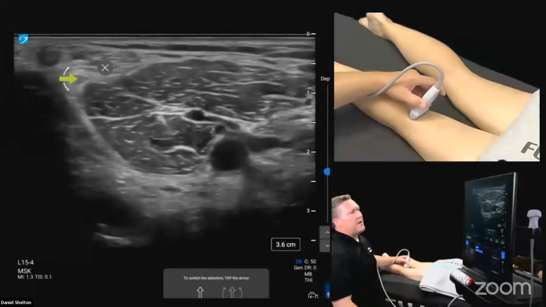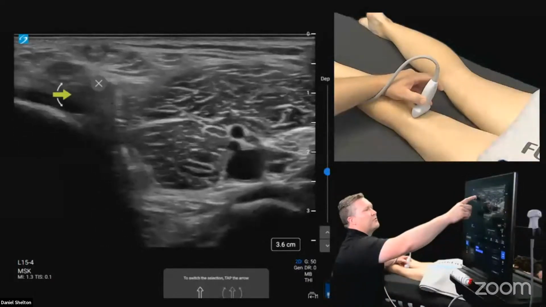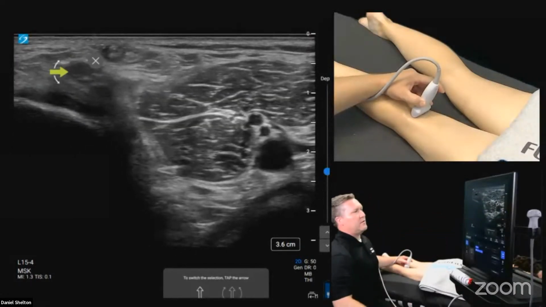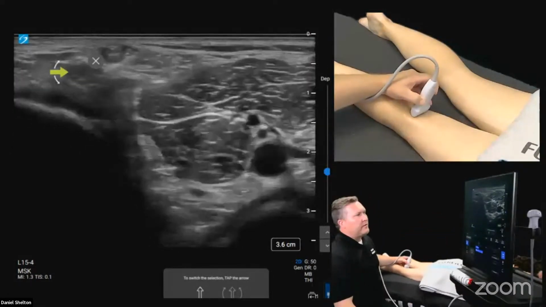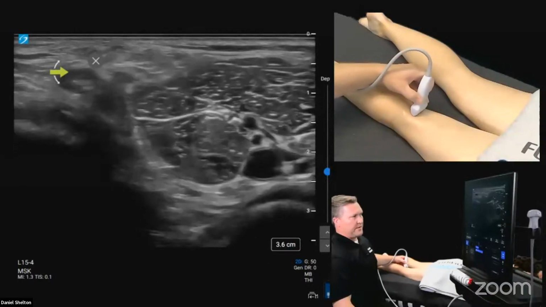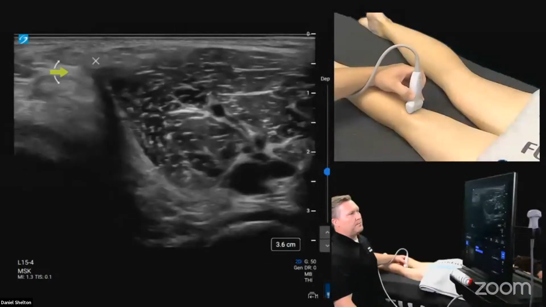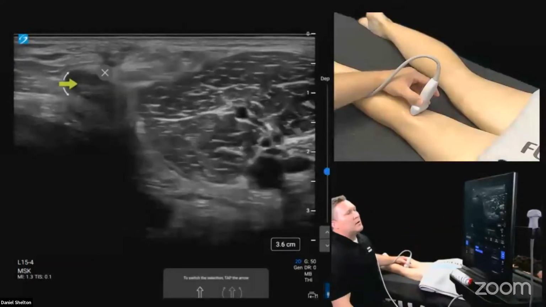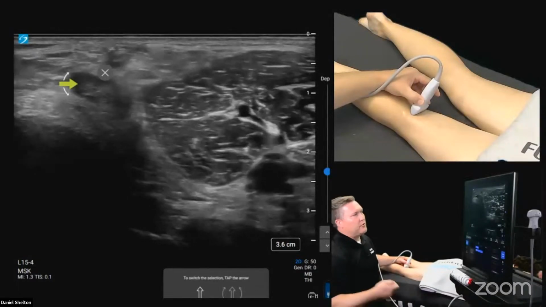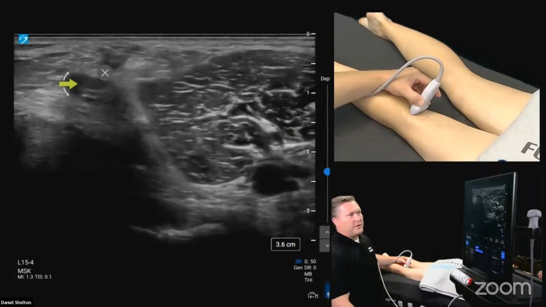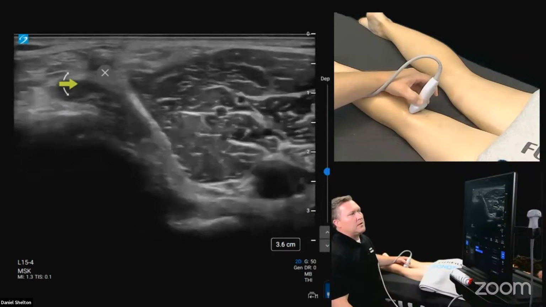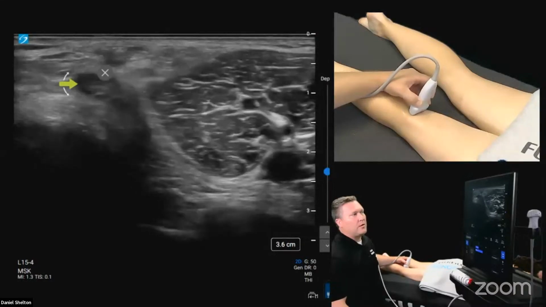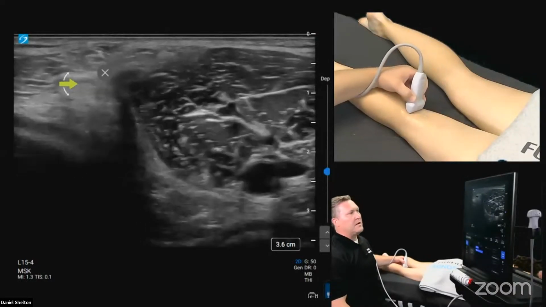We don't have a Baker cyst today to look at, but what I want to make sure everybody walks away from is not calling this a Baker cyst, this angular artifact. In the early days of everybody's learning curve, I think anisotropic artifact really gets the best of people. And I have seen needles driven into this guy right here in hopes that it was a Baker cyst. And after a dry tap and nothing coming out, basically saying, oh, it must be a solid, chronic, incompressible cyst. In that early learning curve, if you're not tilting every chance you get,